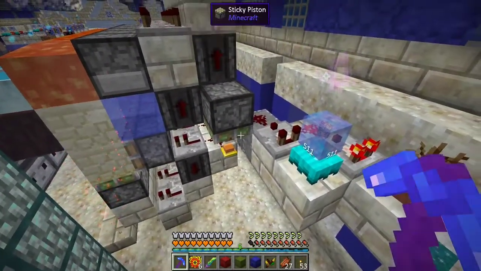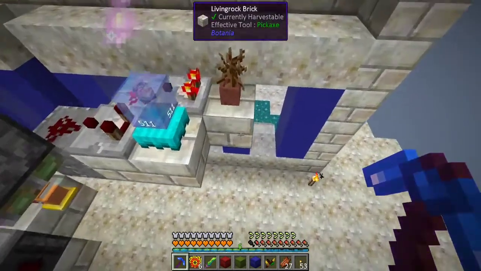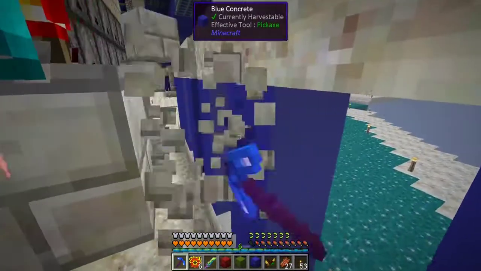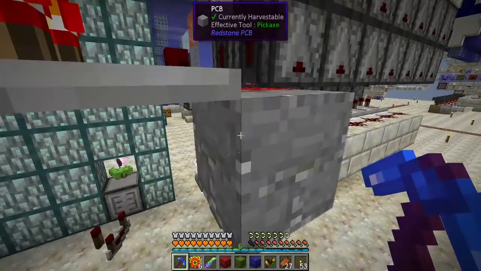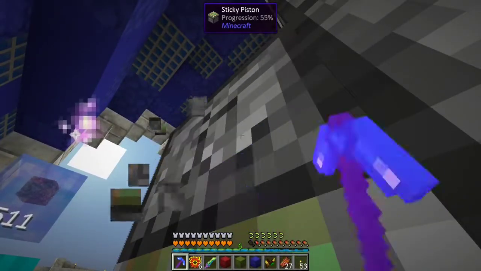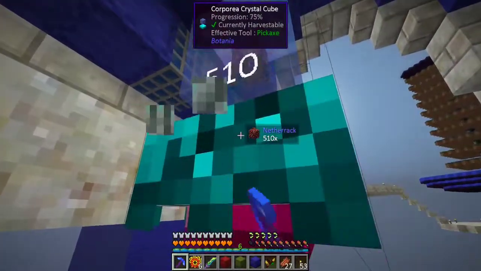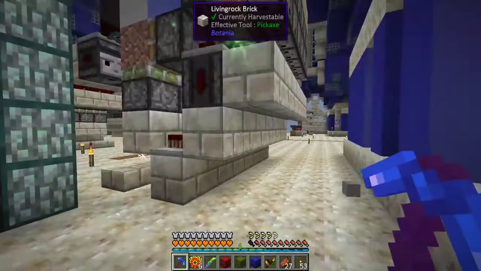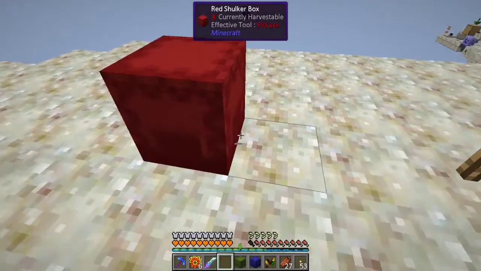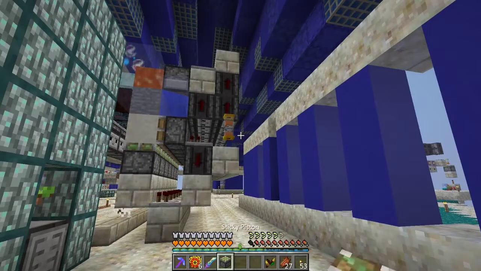And it might be easier to do this lower. Let's take this one apart. And we're gonna move you. I'm flying, of course, it's gonna take forever. All right. So if we place these down here, and I actually want to put the sticky piston